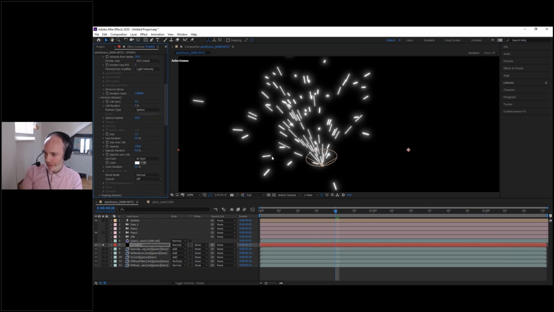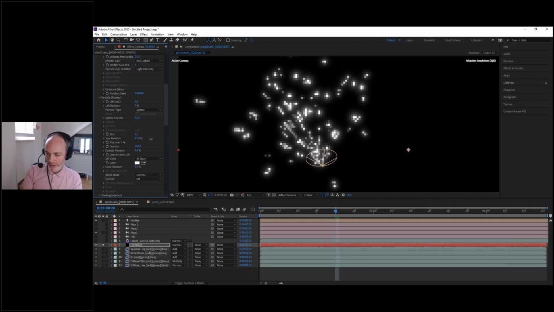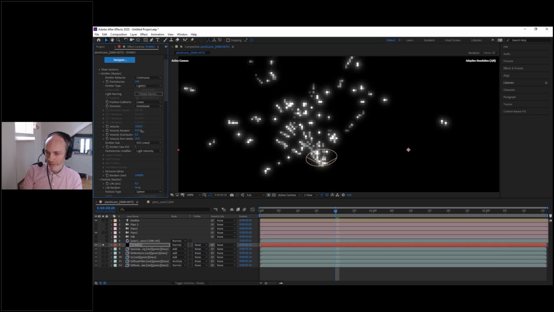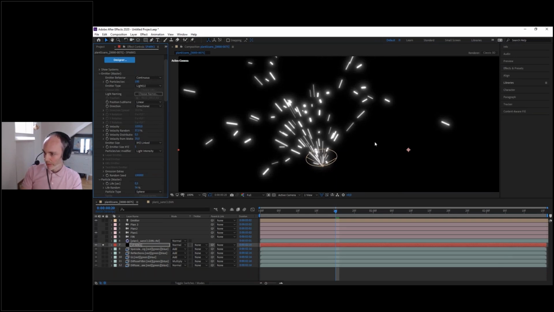And now we're going to break the pattern by making the size random a little bit, by making the light a little bit random. And we could also put some velocity random, increase it. So there are sparks coming up very fast and others very slow.